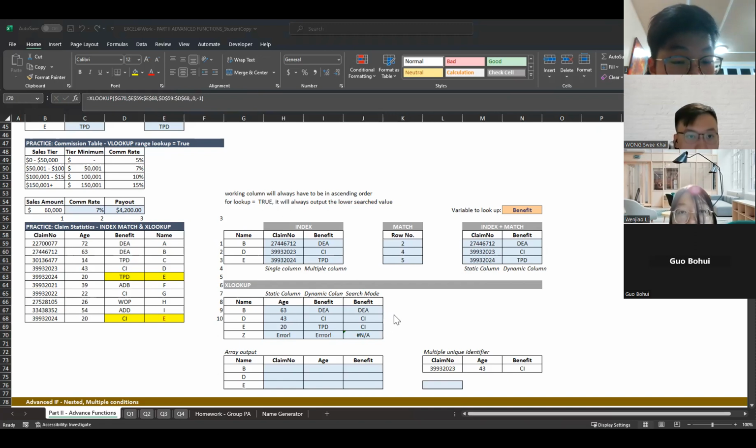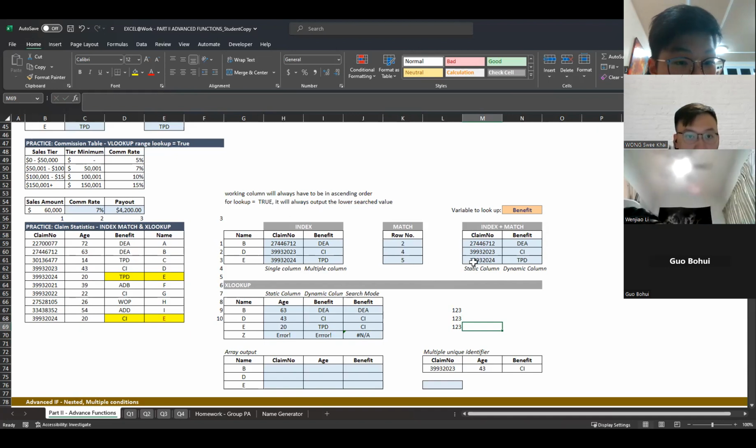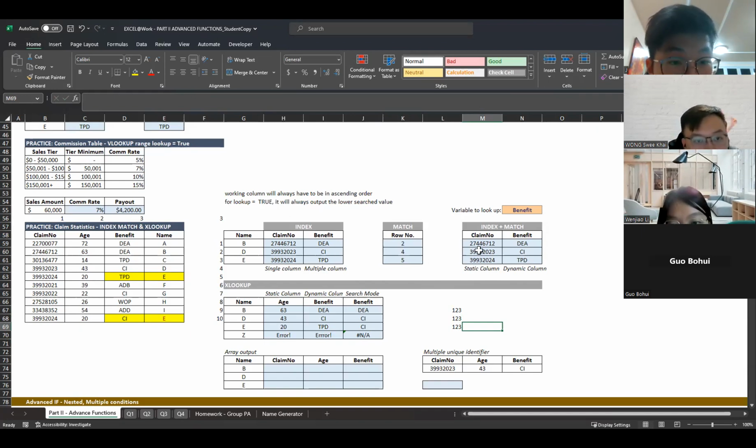Maybe another applicable situation is, let's say I've been given certain policy or claim numbers. I have claim number 123, 123, 123. Because when you pay a certain claim, let's say because I'm doing general insurance, if I report a motor insurance claim, it doesn't mean that I'll get my full amount paid straight away. I will have to file a report and then wait for a while for the claim department to get back to me. And there's a lot of back and forth.